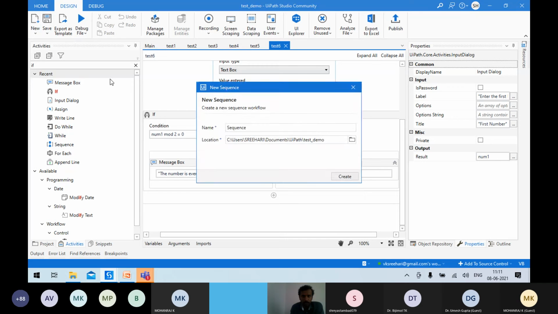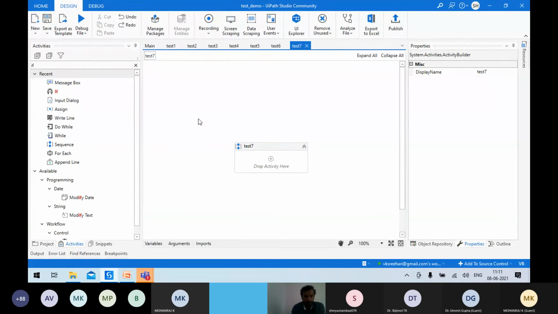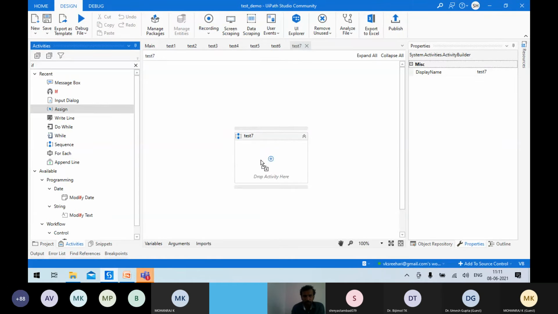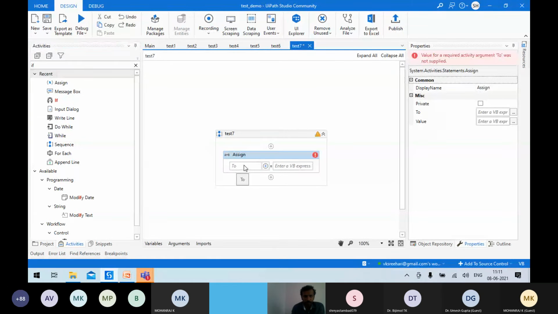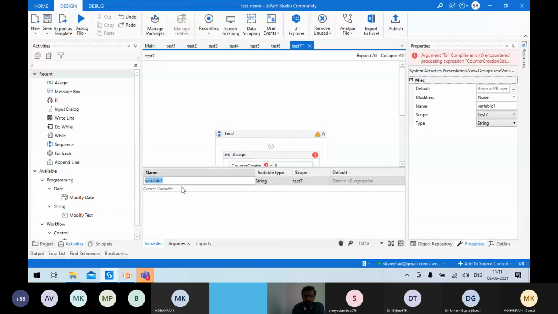Take a new sequence and name it test 7. I'm taking an assign activity from here and declaring a variable called counter, and I'll initialize it with the value 0. I'll find an error here because that variable is not already created, so we'll create it with the same name, counter.